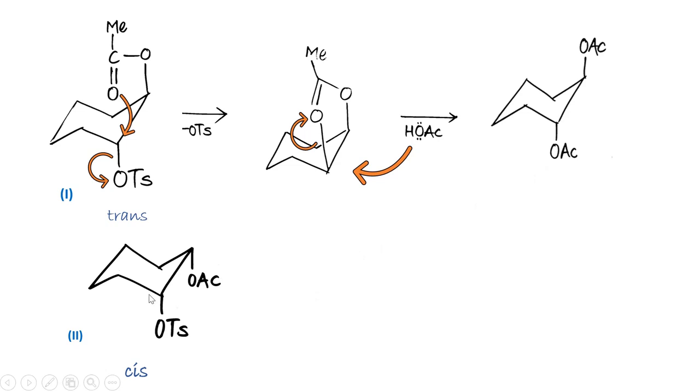Now in the case of the cis isomer, where the acyl group and tosyl group are both present on the same side, the nucleophilic attack is somewhat difficult, because for the bimolecular nucleophilic substitution reaction the attack has to take place from the backward side, and as the tosyl group is present on the same side, the attack of this acyl group on this carbon is somewhat difficult, because the attacking group and leaving group are present on the same side.